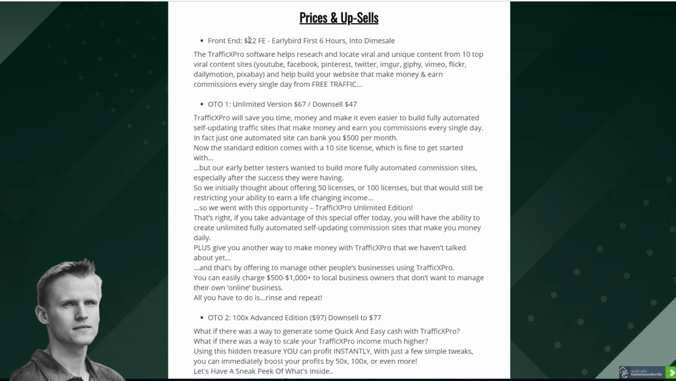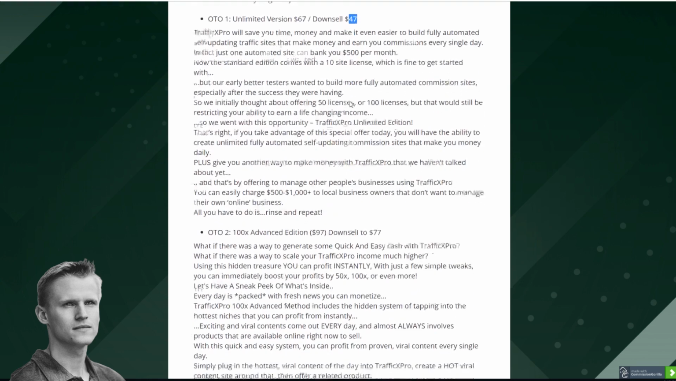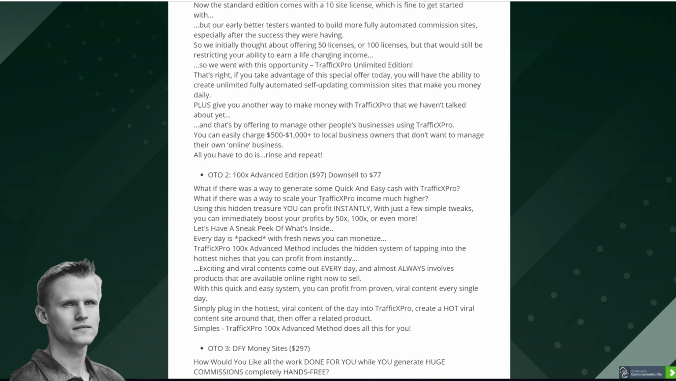So that's going to be the unlimited version, but there is a downsell. So if you go ahead and click no, I'm not interested in this offer, when you're inside the funnel, you're going to get the downsell for $47. So OTO number 2 is the 100X Advanced Edition, and this also has a downsell for $77 instead of the normal price of $97. And this is going to show you how to generate quick and easy cash with the software